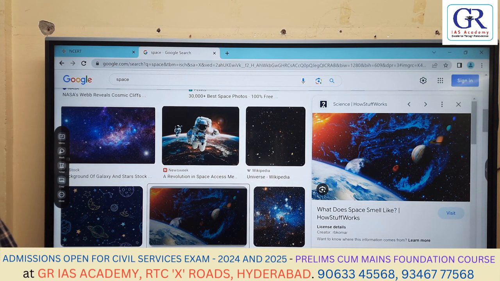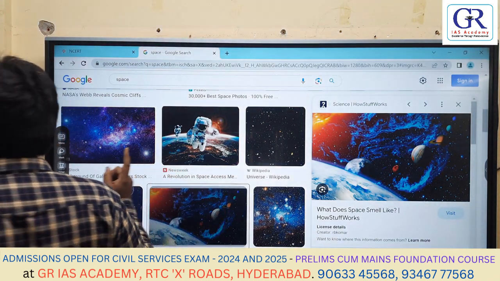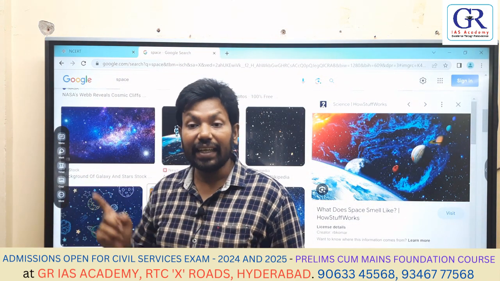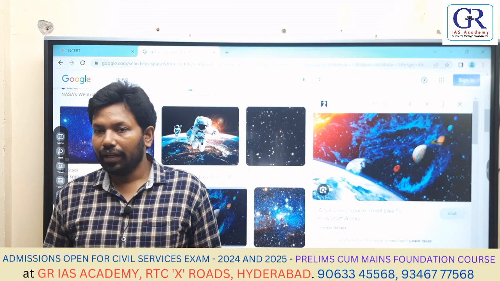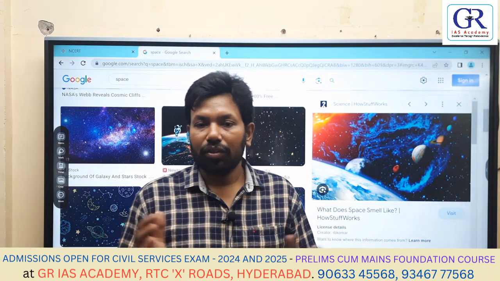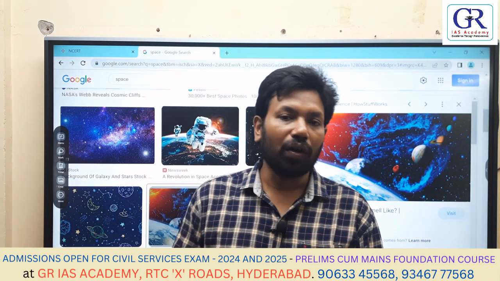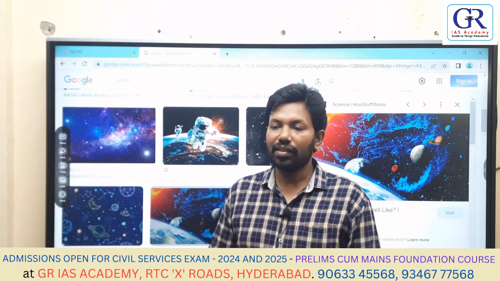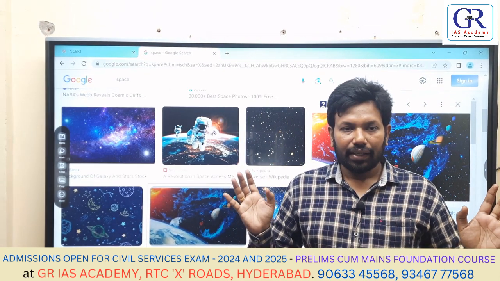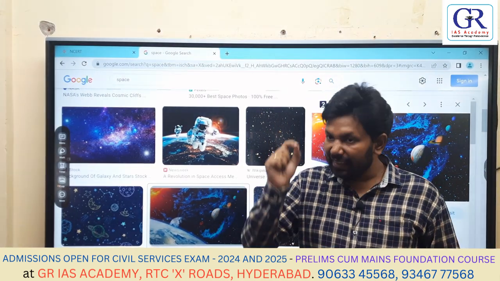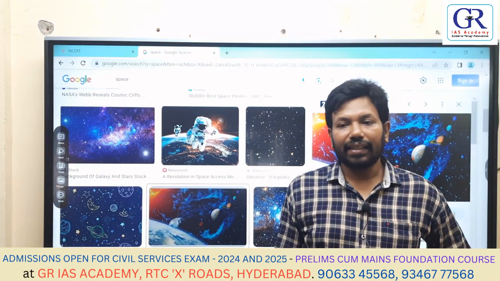No, that's not reflection. A reflection of what? No, that's not water. That is dust. D-U-S-T, dust. The dust is called interstellar. Dust formed as clouds, called interstellar, that is also called interstellar dust. Whatever space you have outside, that is space. The dust inside the space is called interstellar.